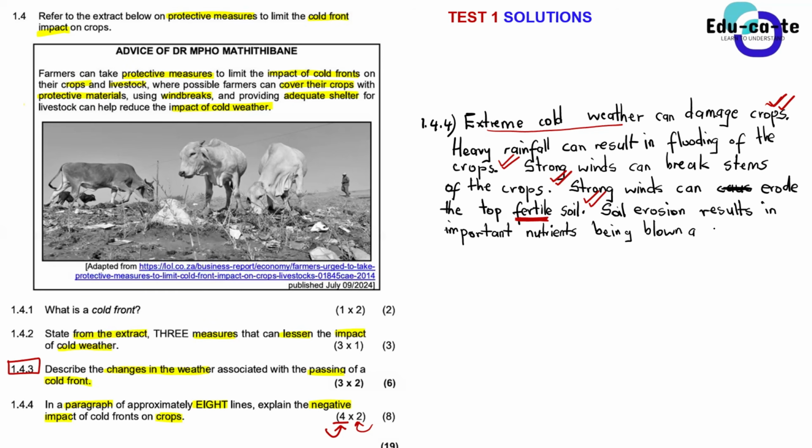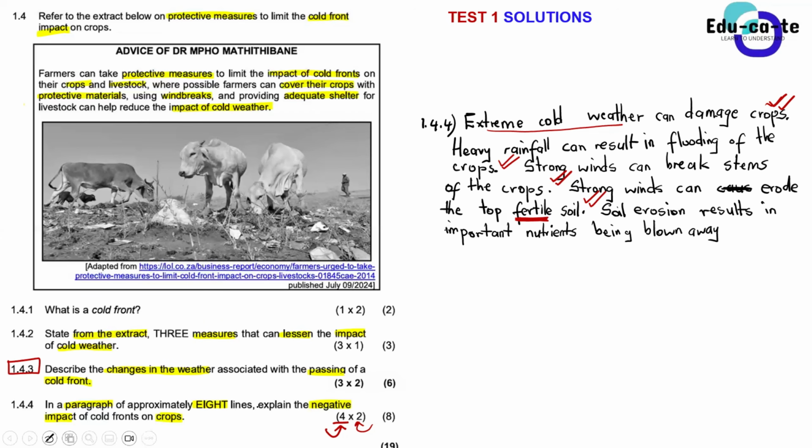So are we done, guys, with our answer? Have we given the cause and an effect? Or can you just put a full stop on this answer right now? Or would you say that there is something missing? Because I'm saying soil erosion results in those essential nutrients being blown away or washed away. Give me the cause and the effect in this statement. We already know that the cause is soil erosion blowing away nutrients. What is the effect of that now on the crop?